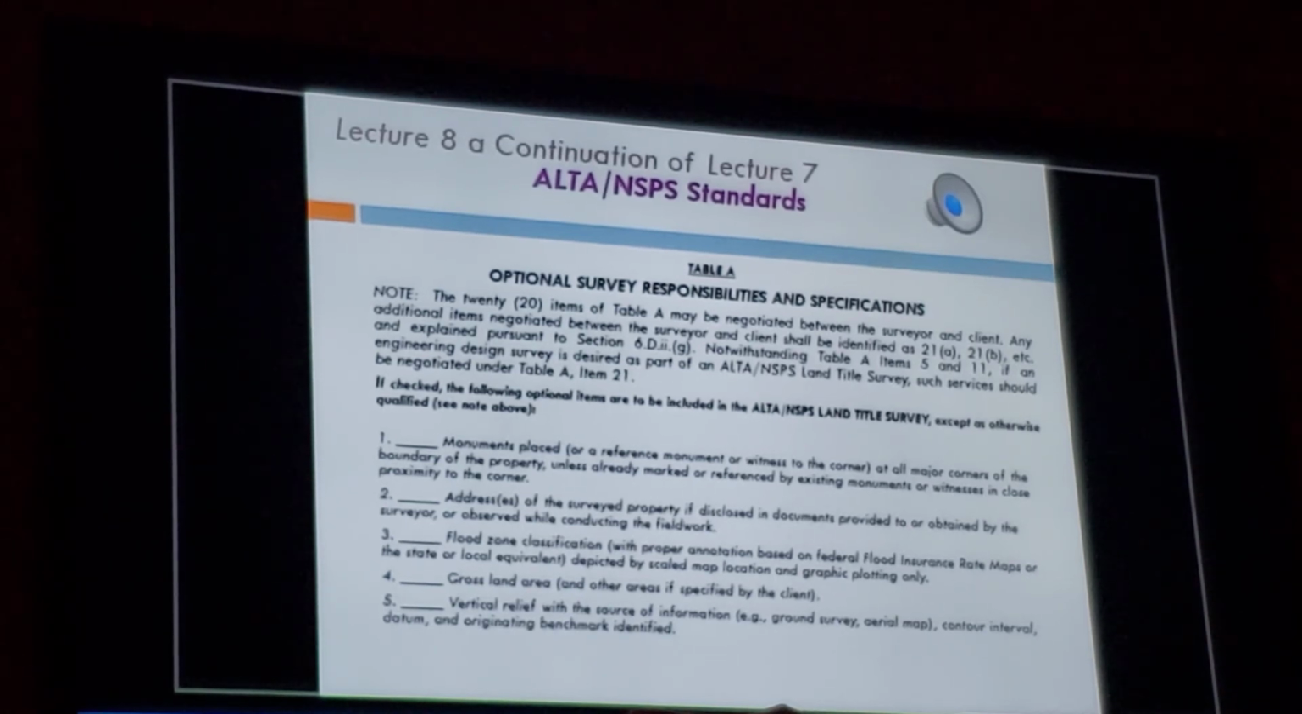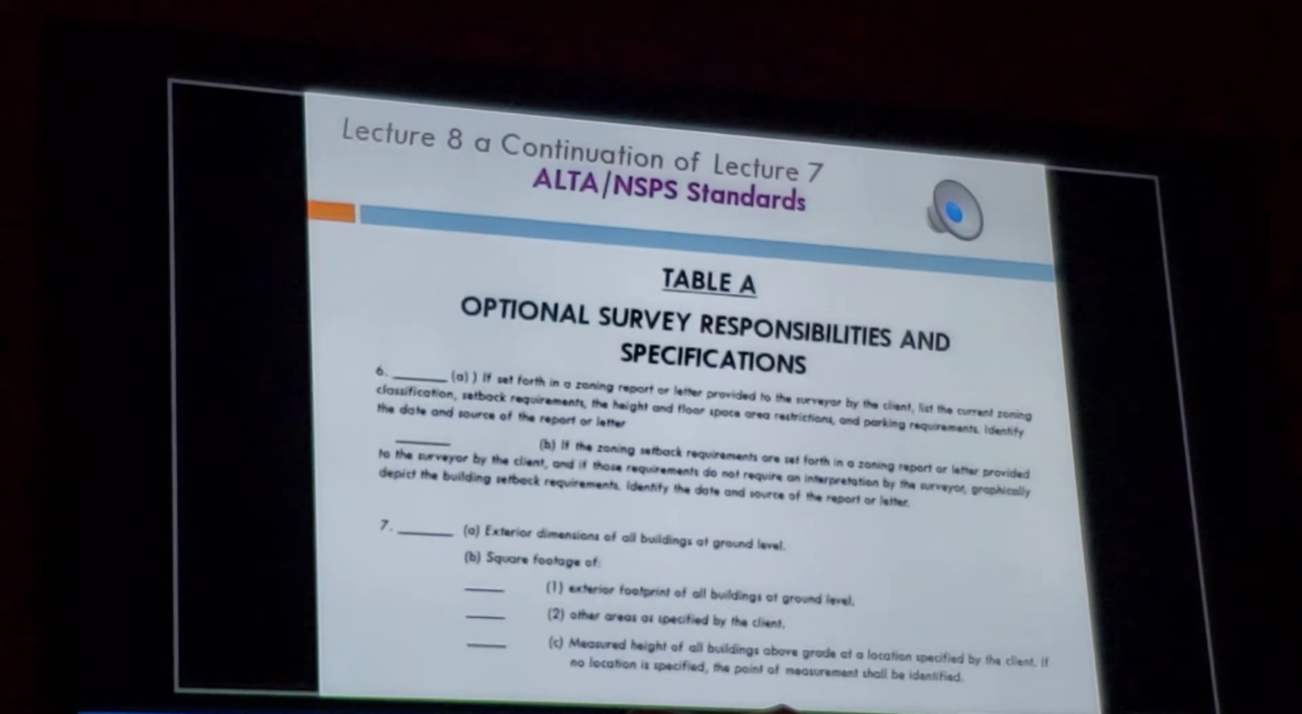All of these things add to the cost of the survey, so it's important that they understand that and you have that conversation on the phone to explain that to them. So continuing on with Table A, item 6, if set forth